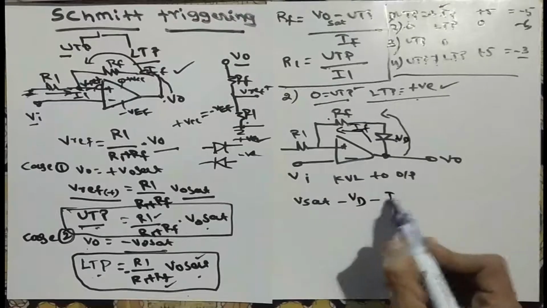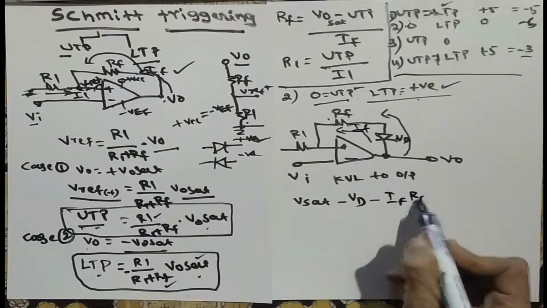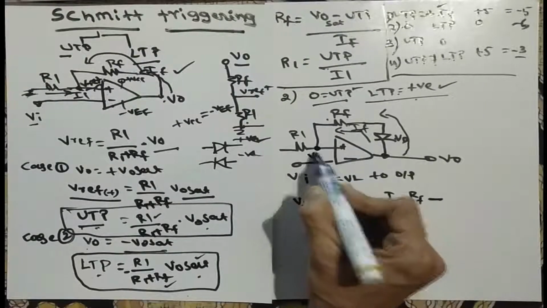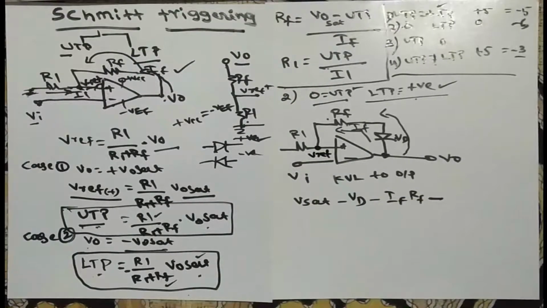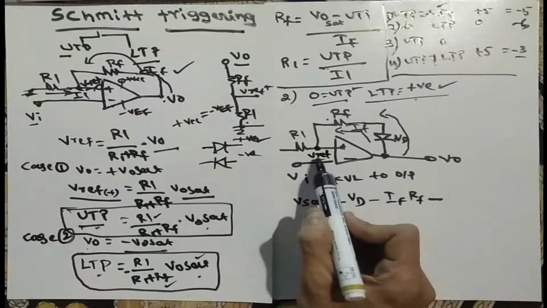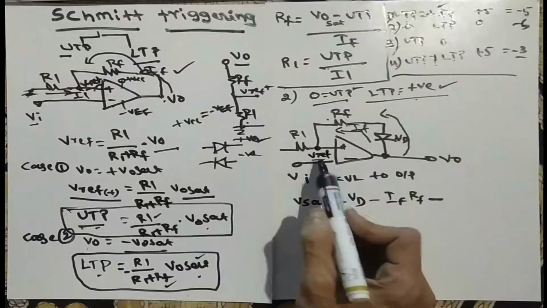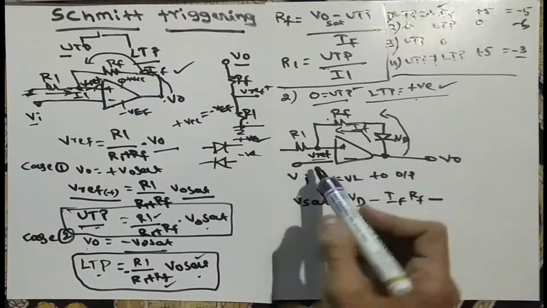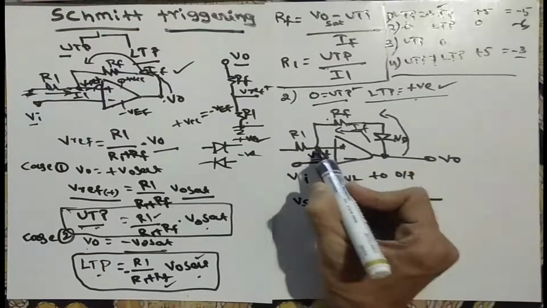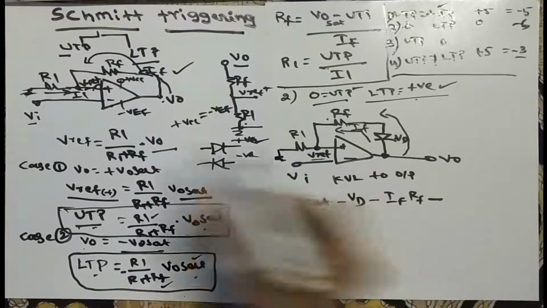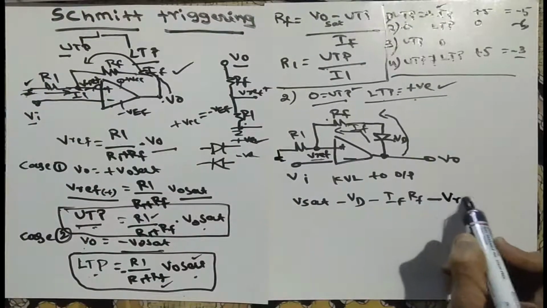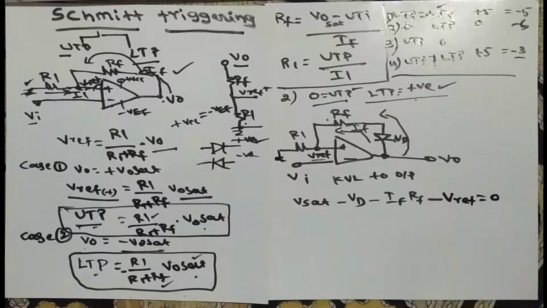So I can make it IF and RF, and then the voltage here, I called this voltage V reference. In many books they take a different name. Here they take it as VR2. Some books take it as a voltage like VG, something different. So don't worry about that. Use whichever name you like. Anyway, this point is grounded as usual, so we take it as V reference is equal to 0. Now this is what we got.